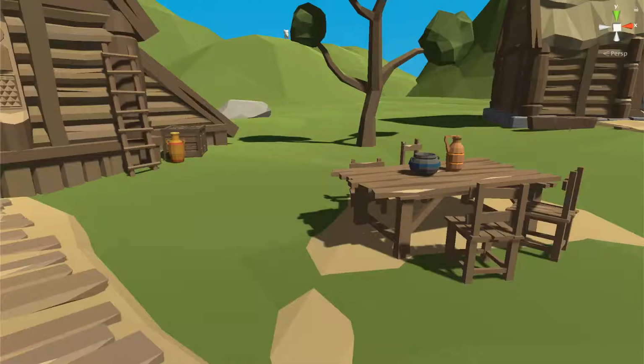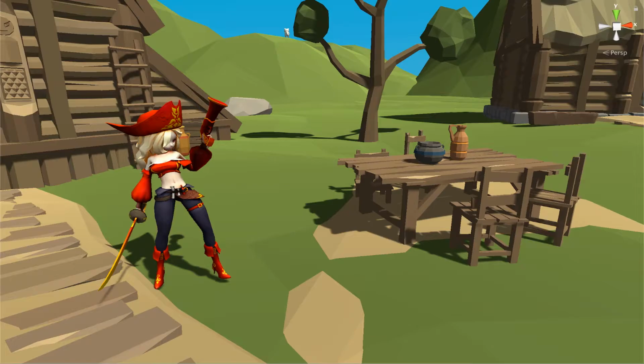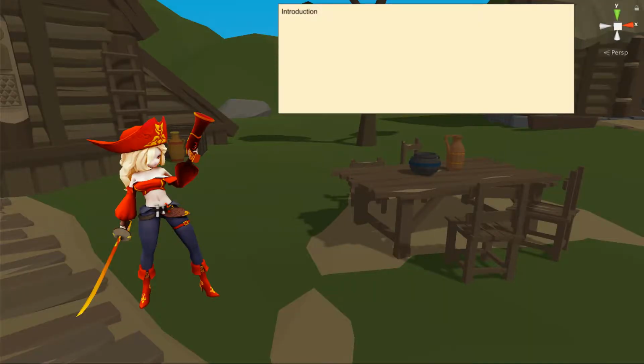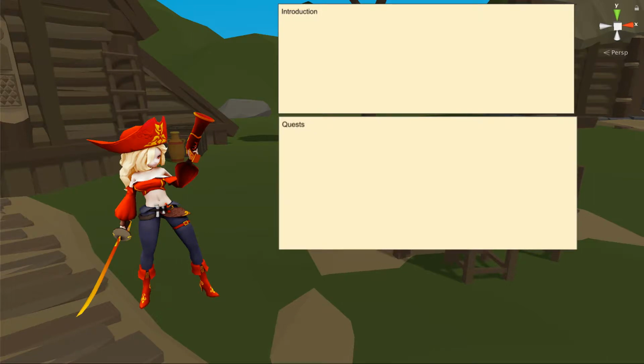Now, before we discuss the other features of the dialogue system, let's make an example so that we have a talking point when we are discussing them. Say you are building an RPG game and there is a helper character called Lady Pirate. She has an introduction dialogue sequence that you can play through only once. She has a helper dialogue sequence for some of the quests.